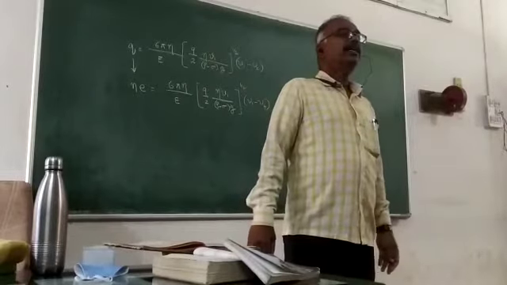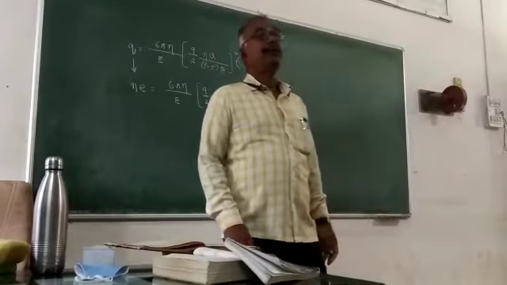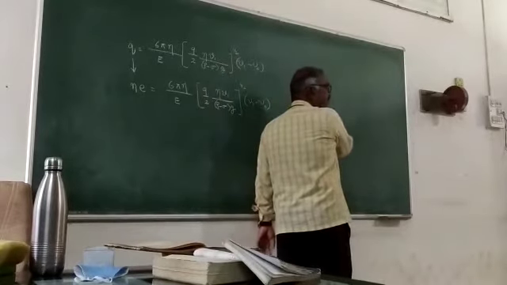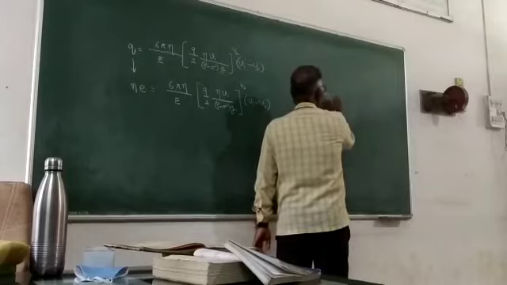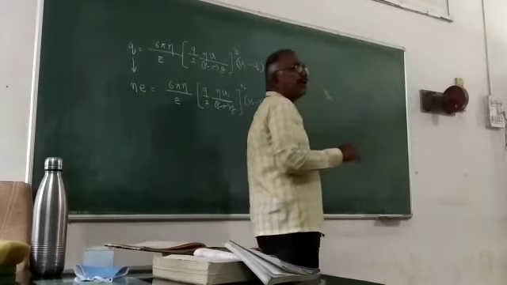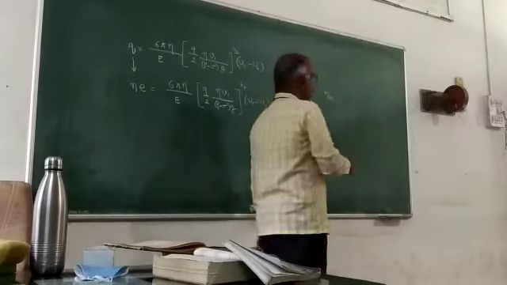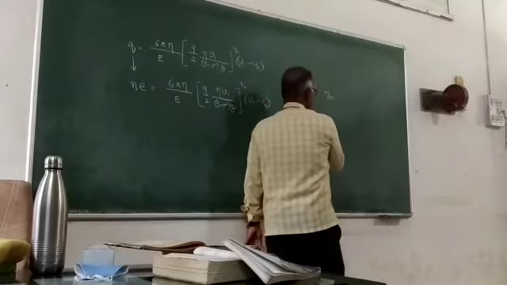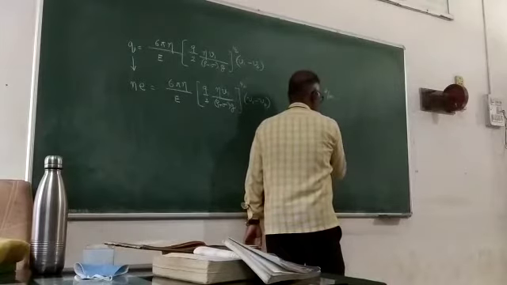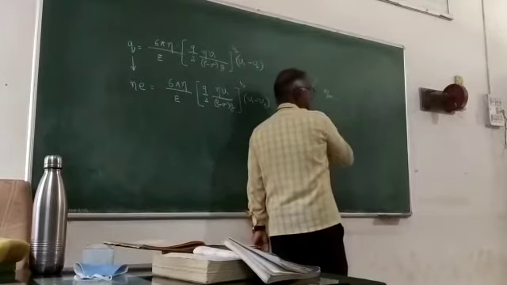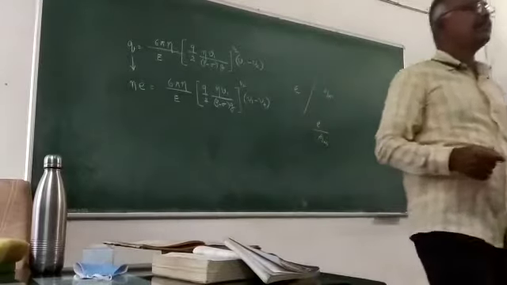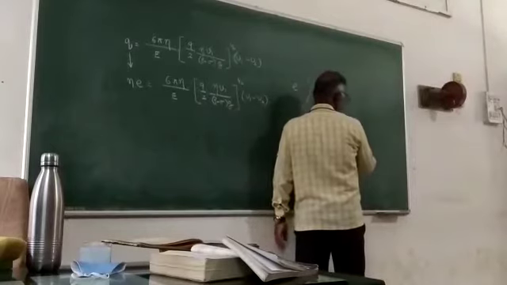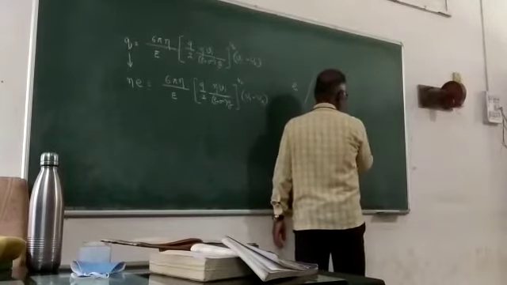We know the specific charge of an electron by Thomson's method. E we find using Millikan's oil drop experiment, and E by m we find using Thomson's method. When you divide one by the other, E will get cancelled. By doing this, you will be able to find out the mass of the electron also.